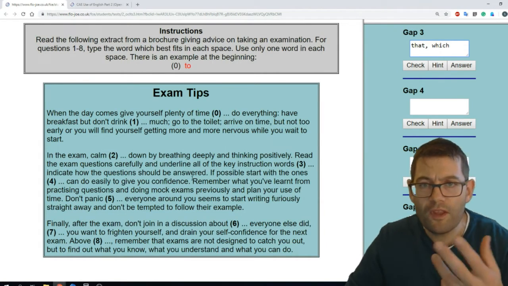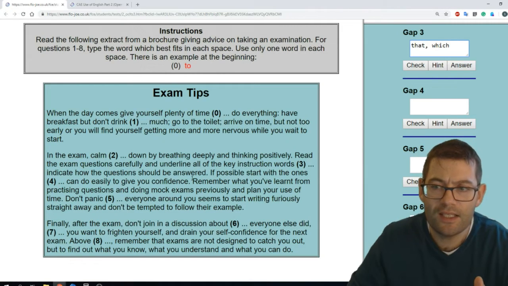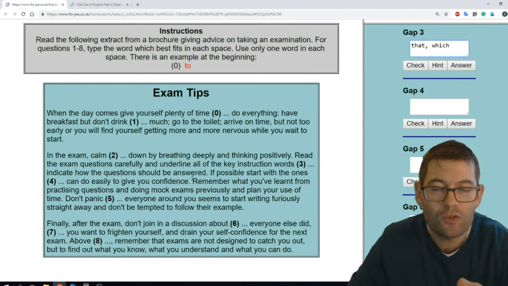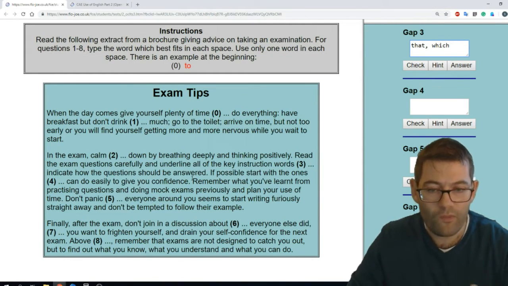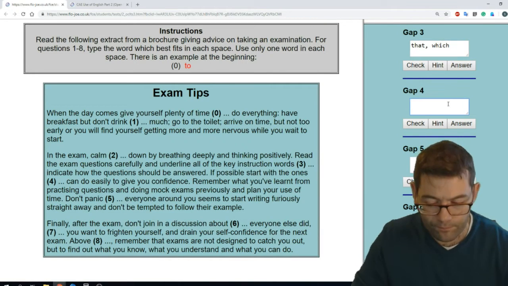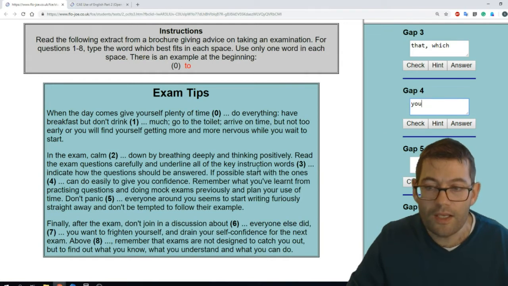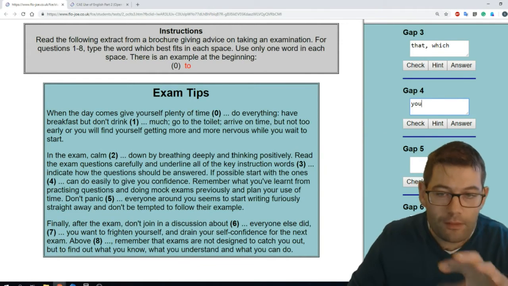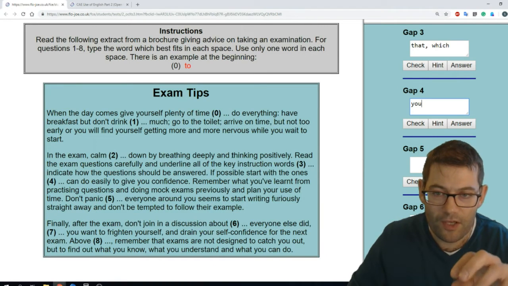Once again, the thing that's missing from this sentence is the person that we're talking about. And who are we talking about? Well, of course, the article is talking to you. So if possible, start with the ones you can do easily to give you confidence. So one good piece of advice when you're coming to this open-close exercise is to remember